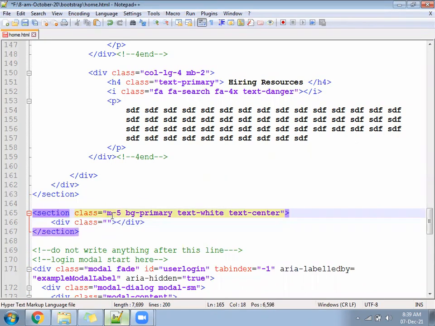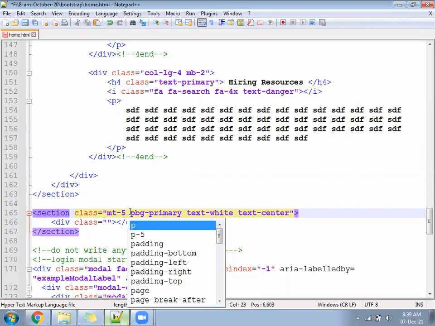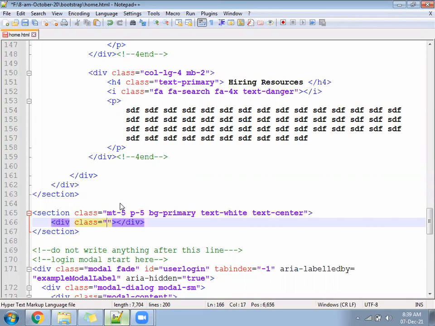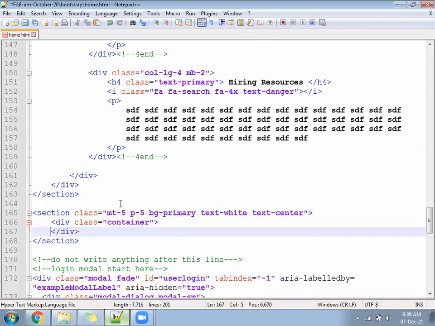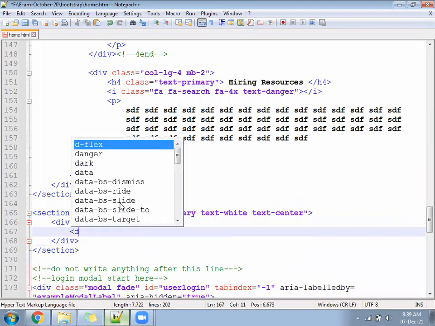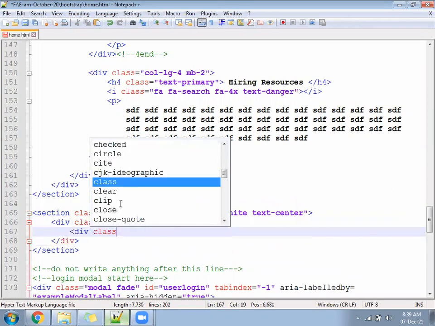It should be MT5, so there is a gap from the top side. Okay, and then P5, all the sides should have a 48 pixel gap inside. Container. Inside you are going to write a division, class equal to row.